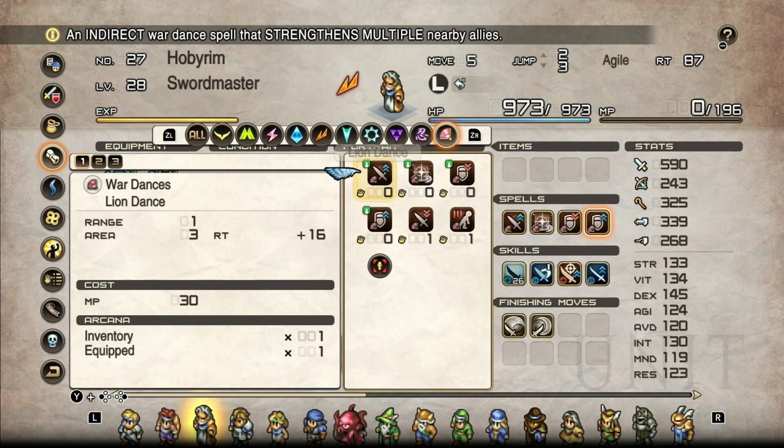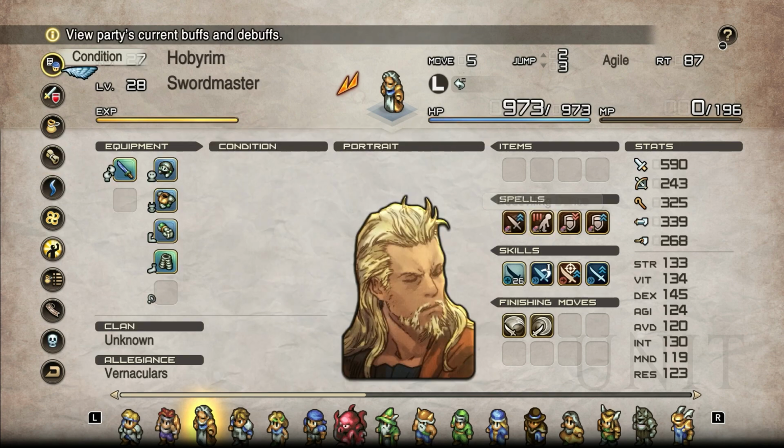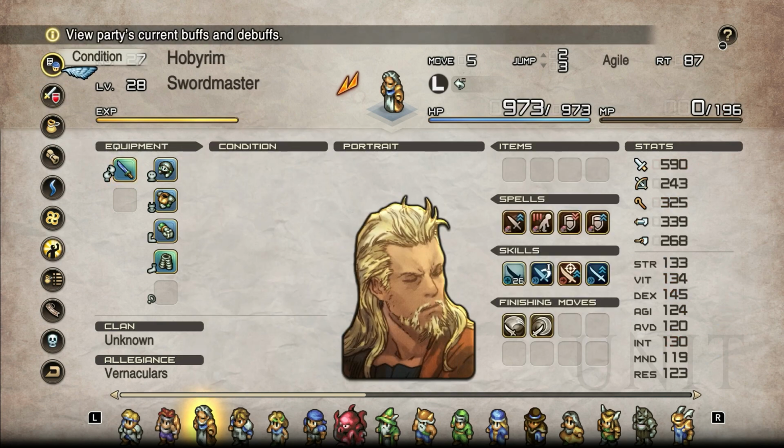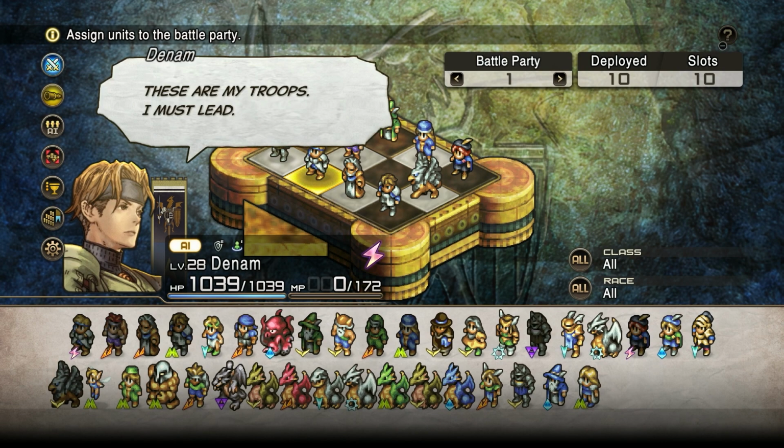So right now you've got Lion, strengthen nearby enemies. You got the defense. I never use the heal. I don't know if I care too much about the heal. Let's take that one. These are my...